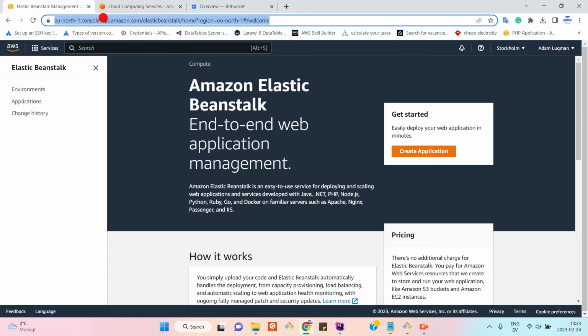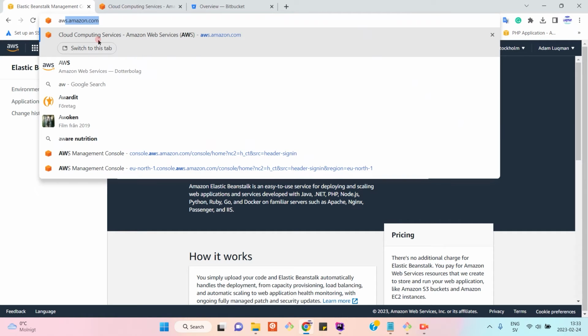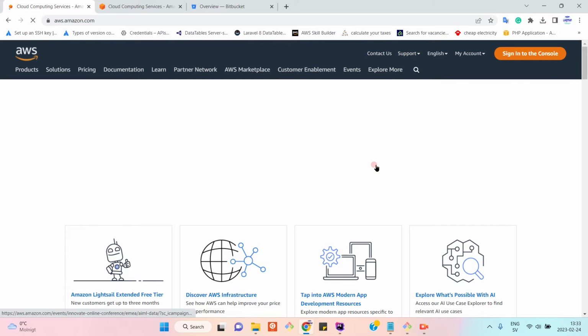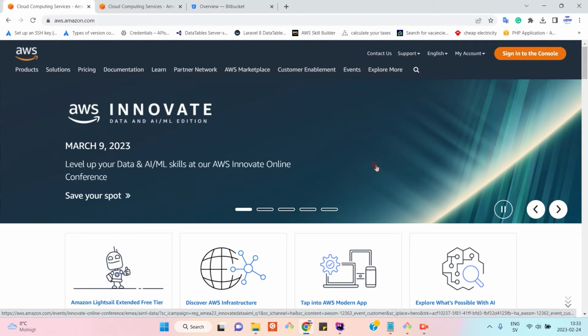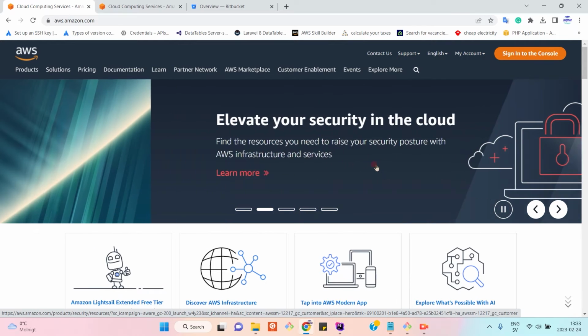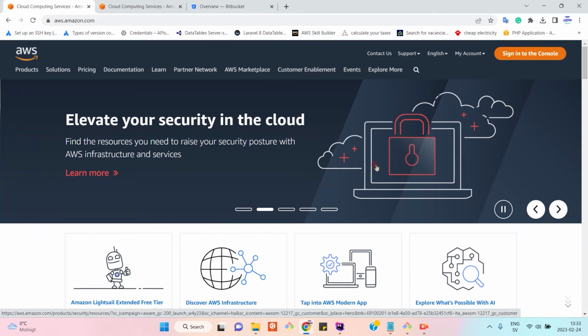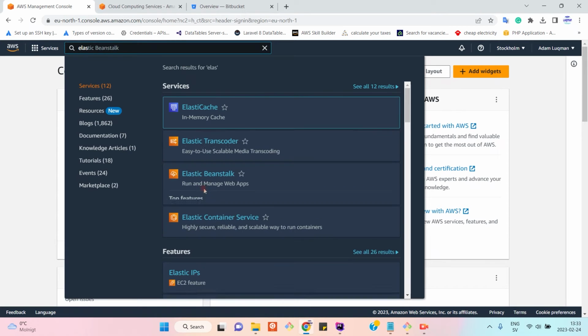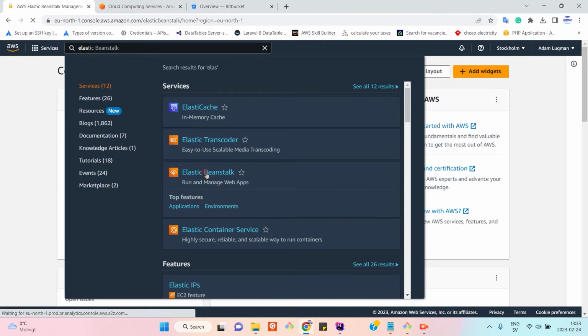Let's go to AWS, aws.amazon.com. First you will have to create a new account in AWS, but I have already registered an account in AWS, and I am already logged in. Let's click on sign in to the console. I'm already logged in, so it did not ask me to enter the credentials. Then in the search bar, search for Elastic Beanstalk or EB. Click on Elastic Beanstalk,